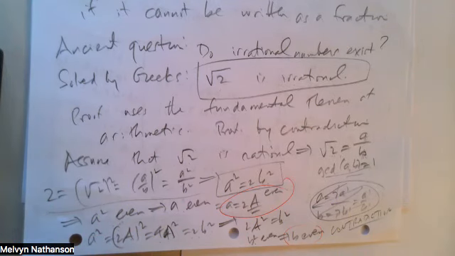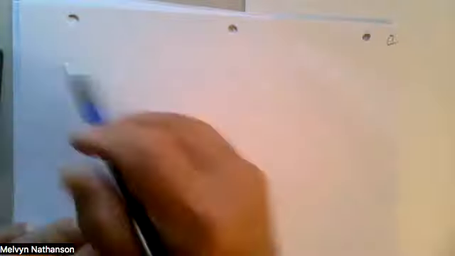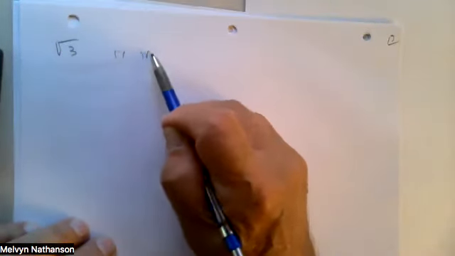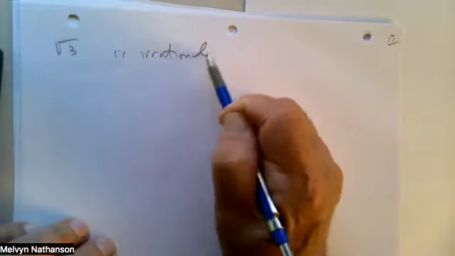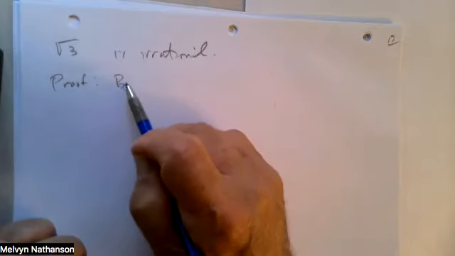You could ask, what other numbers are irrational? A similar kind of argument can be used to prove that, for example, the square root of 3 is irrational. This proof is a little bit more complicated than the square root of 2, but the basic idea is the same. So the proof will be